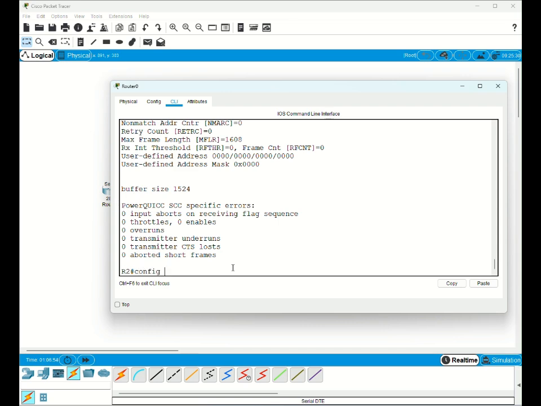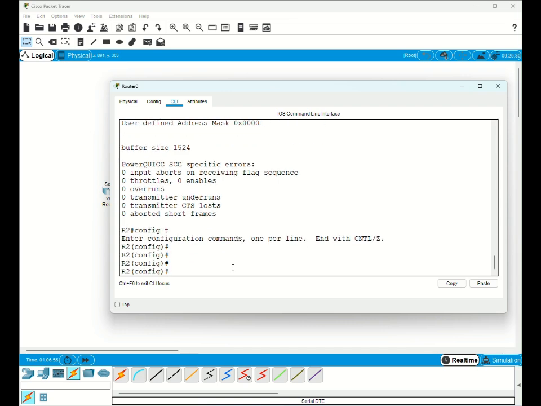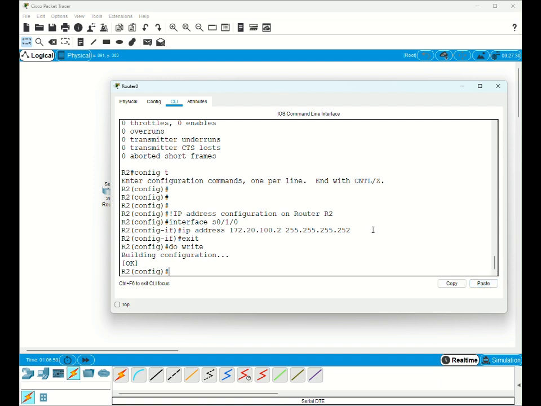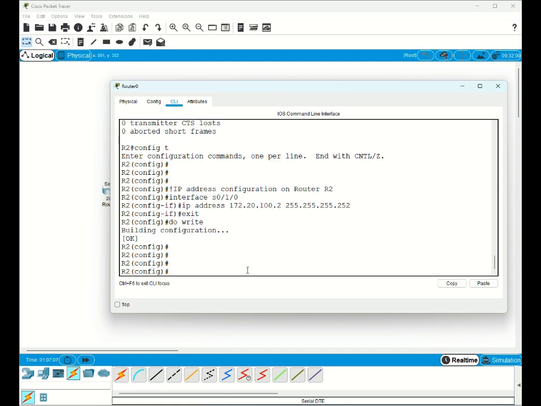Config T. So the same interface IP address, and then exit and do write. Now